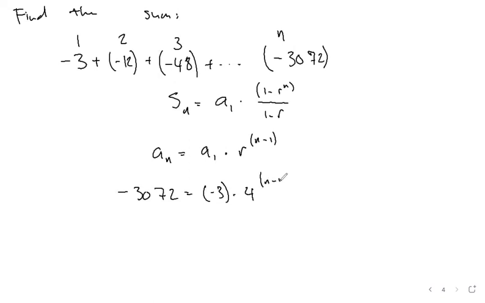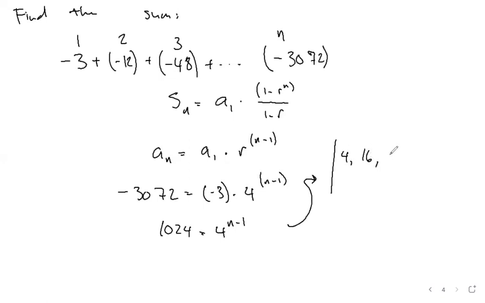4 to the n minus 1. Okay, and so now you just do the calculation. Let's see, 3072 divided by 3. So this is 124 equals 4 to the n minus 1. You could do log base 4 if you wanted to, or you could think out, all right,